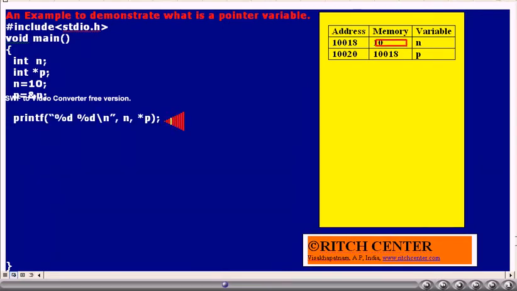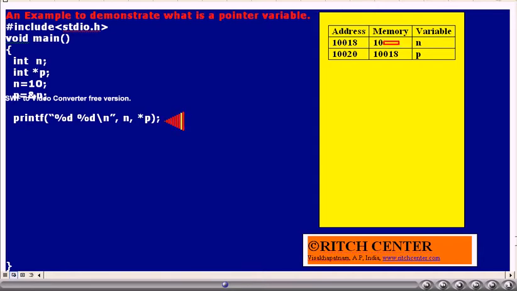In this statement, we are trying to print the n value and star p. What is star p? p is a pointer variable. When we put a star before a pointer variable, we have already understood that it is the value in the memory which is pointed to by that pointer variable p.